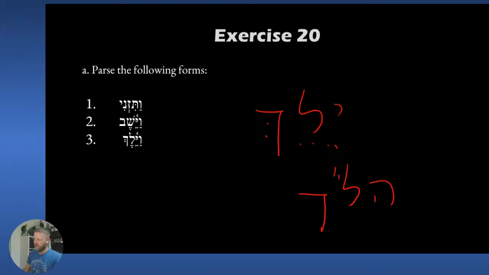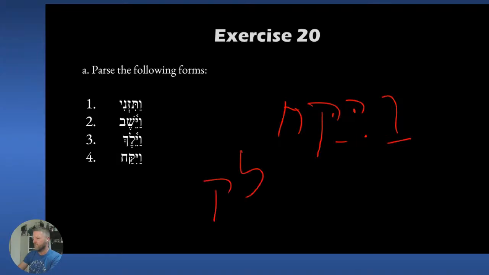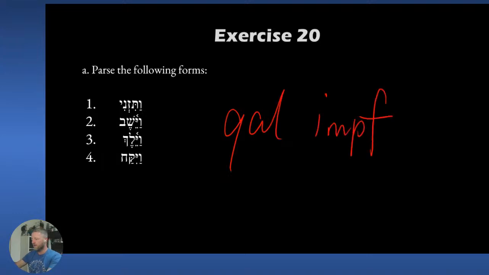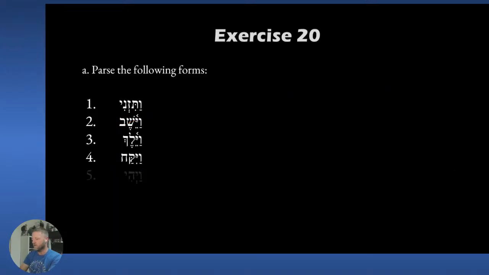Yelech, he will go. Vayelech, he went. Number 4, yikach. Yikach means he will take, or he would take, something like that. Vayikach, and he took, from lakach. Okay, so all of these are kal. They're all kal imperfect, and these three are 3ms of whatever the root is, and then the translation, and he did. If we're thinking of parsing,